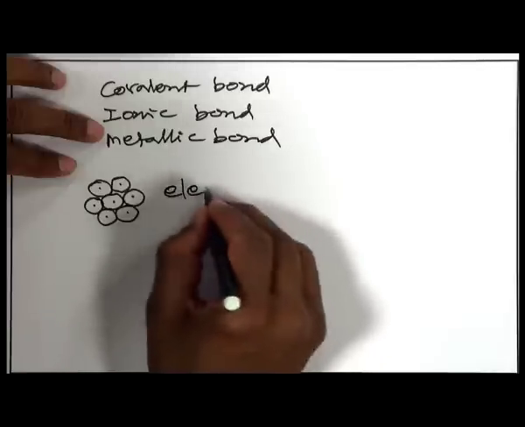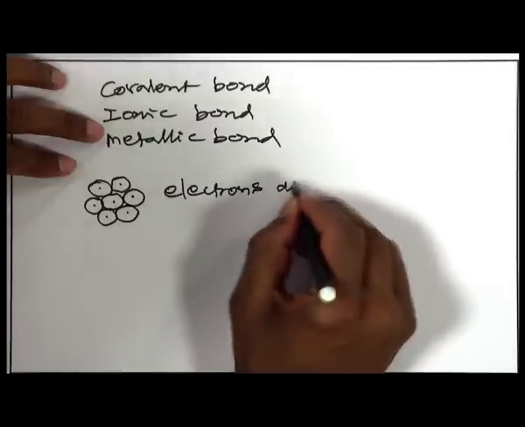So, that is the major difference between covalent and metallic bonding, in terms of sharing of electrons between two atoms or several atoms. In a covalent bond, the shared electron is located between two atoms, but in metallic bonds the shared electrons are moving around all over the atoms. As a result, there is a sea of electrons. Electrons are free to move, they are delocalized. Electrons are delocalized.